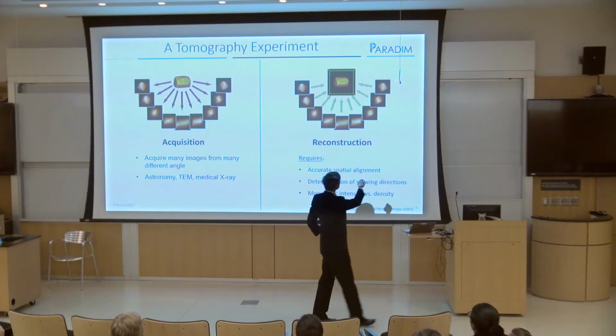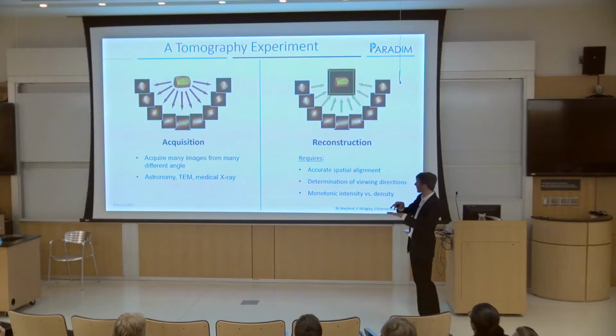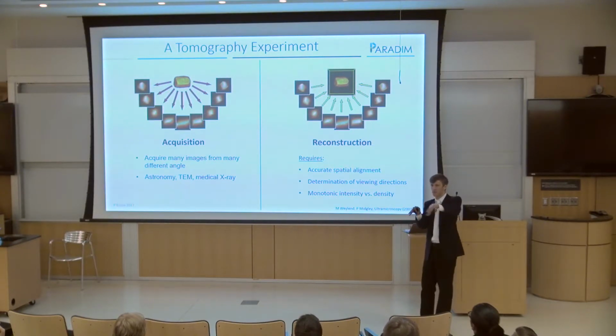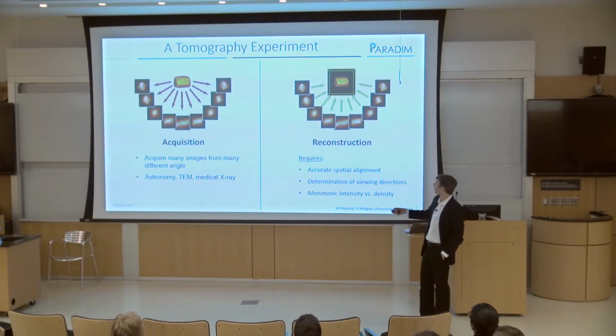The next thing is the reconstruction. You take all of these images at many different orientations, and in the computer you have to line all of those images up, because every time you move your object, it moves a little bit. Then the computer tries to bring it back, but it's not perfect. As long as a thing is in the field of view, you can reconstruct it. You use the computer to back project, or project these things back at the different angles, and from that you get a three-dimensional reconstruction, which is the whole lecture that we're going to talk about today, basically. We're going to skip this, because this is automated now, at least for nanoscale tomography,